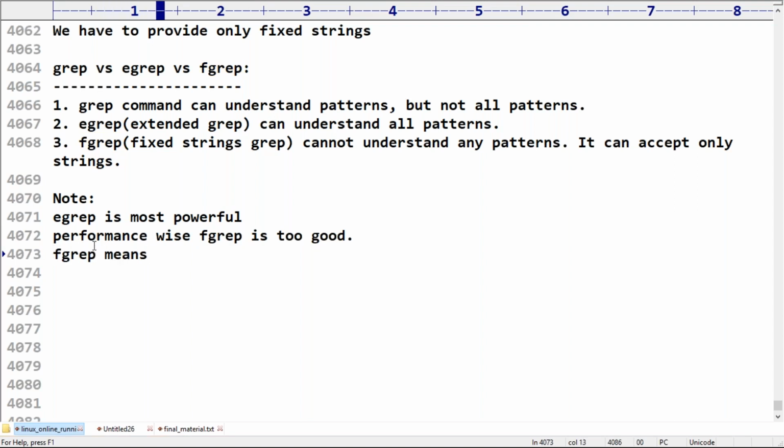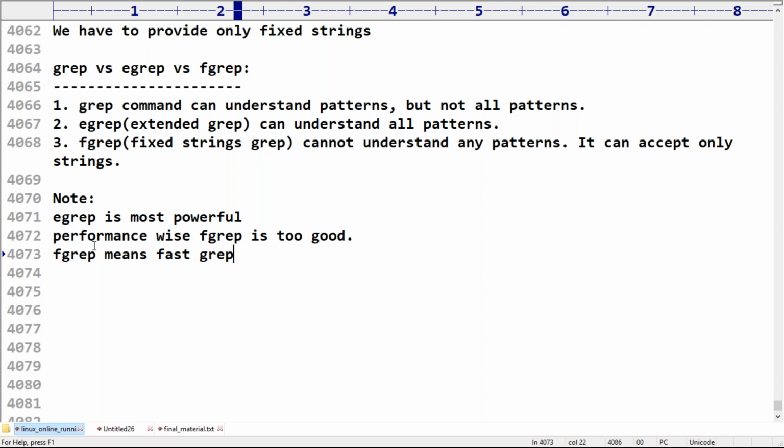Some people may use this term instead of fixed strings. If you want to search a group of fixed strings, better to go for fgrep only. Highly recommended.